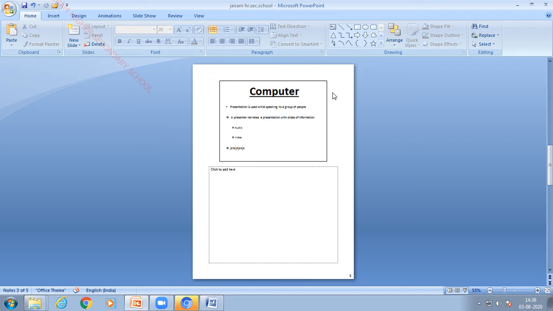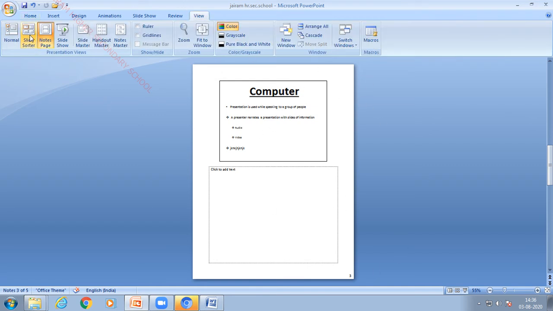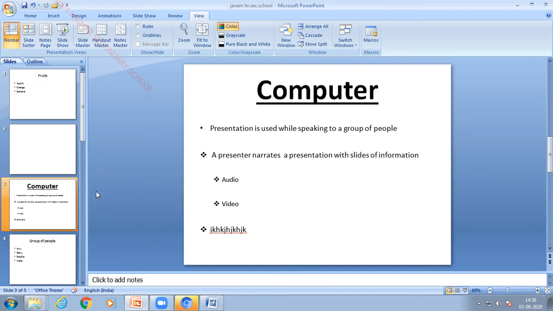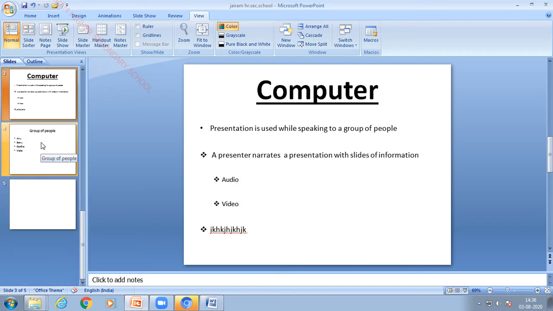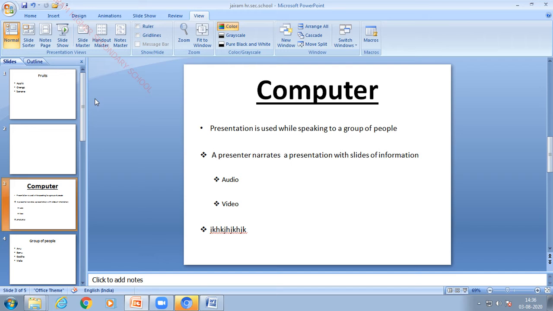So now I am going to change this view to normal view. Select normal view. Then I will tell you what is meant by custom slideshow. Custom slideshow means it is mainly used to display the selected slides on the screen. For example, I would like to display the pages 3rd and 4th, or I want to display 4th and 5th pages. So those pages alone will display during slideshow. So for that purpose we are using custom slideshow option. Let us see how to use that.